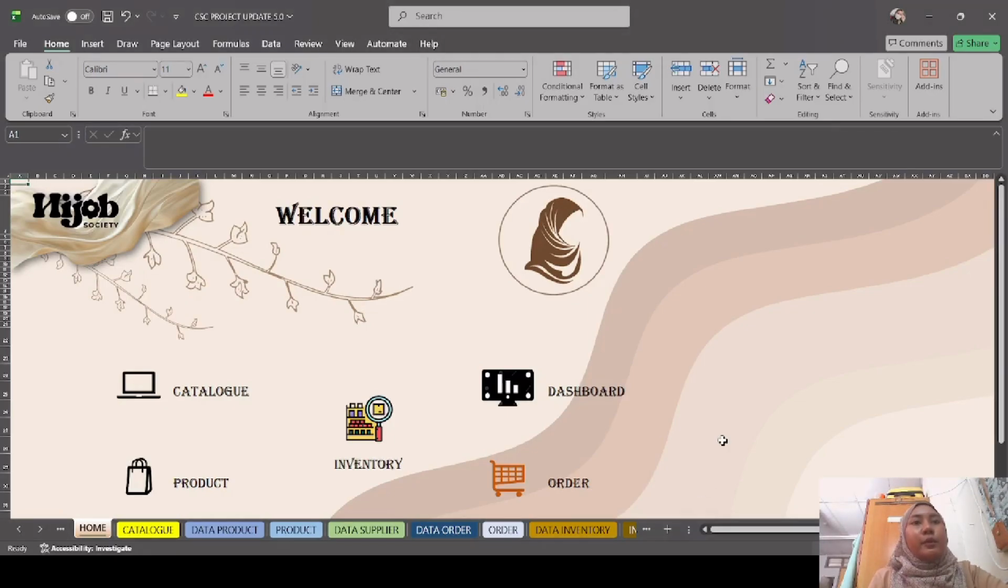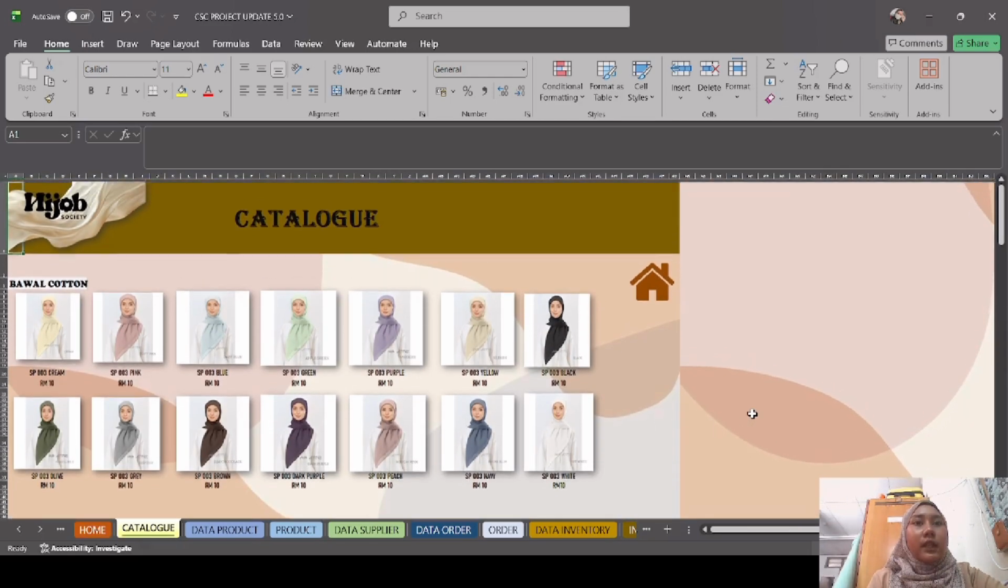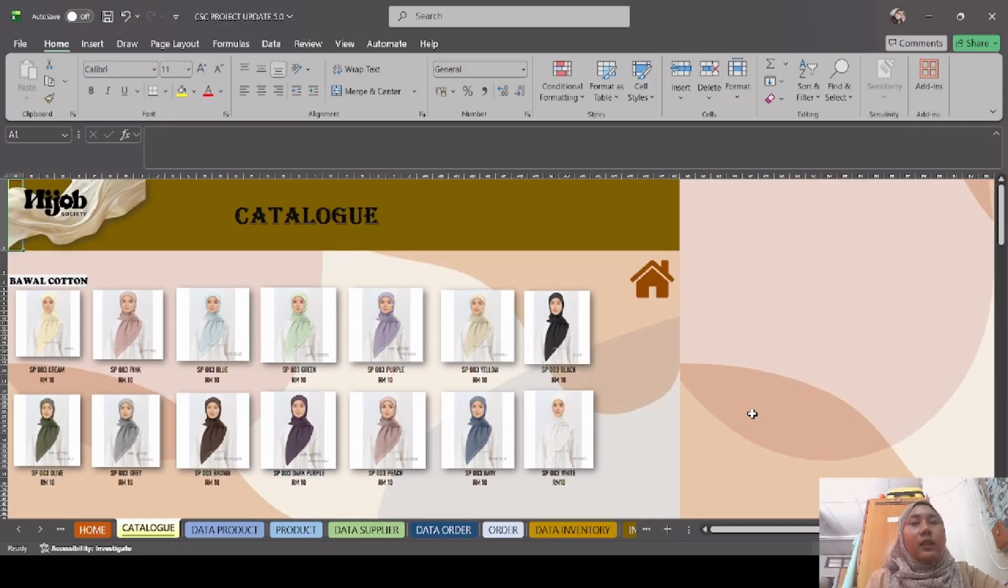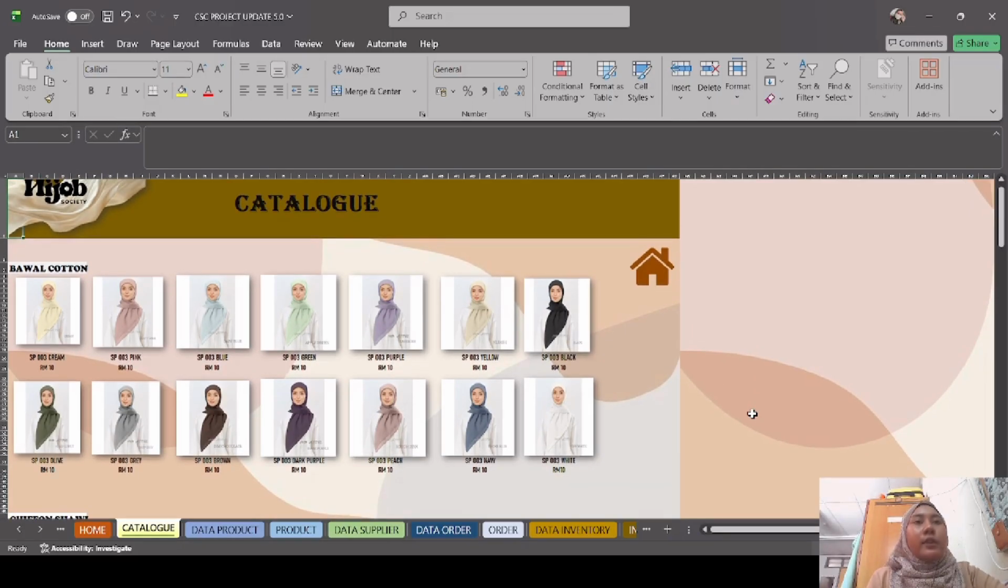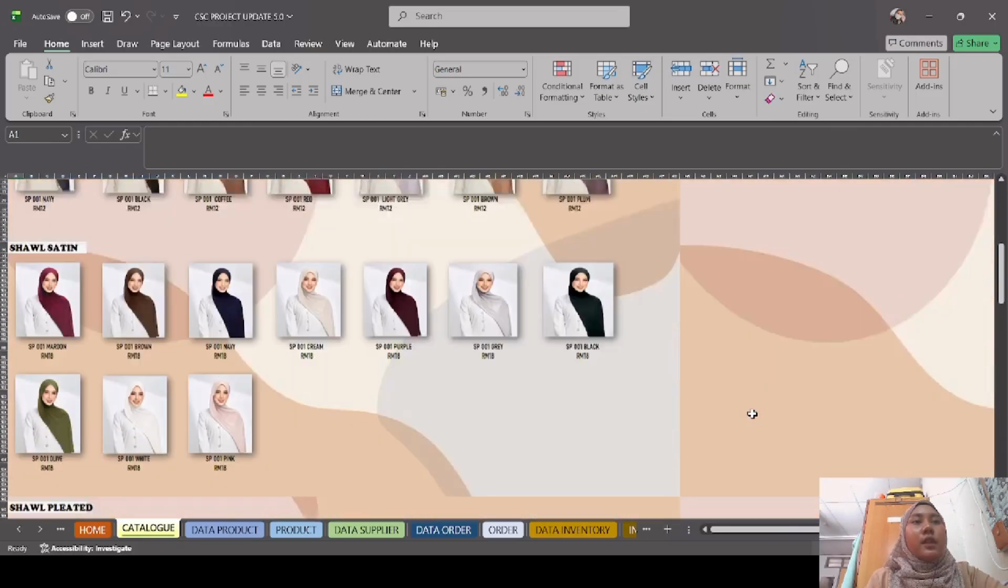Assalamualaikum. Now I'm going to present on the catalog of our business. But first, we need to click on the catalog icon. So it will automatically go to our catalog sheet. So as you can see here, there are various products that we sell, such as for cotton, chiffon shawl, satin